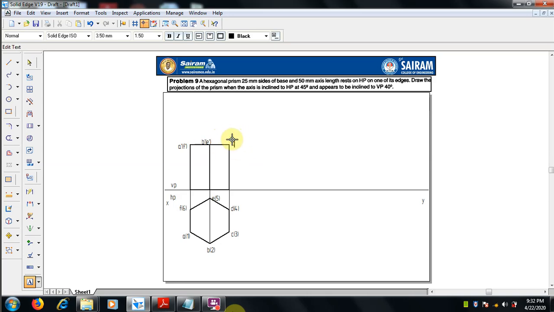Next, C dash is visible, and D dash is invisible, so it will be in brackets.